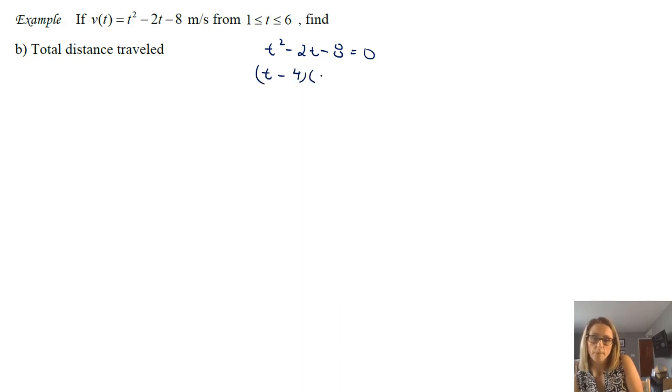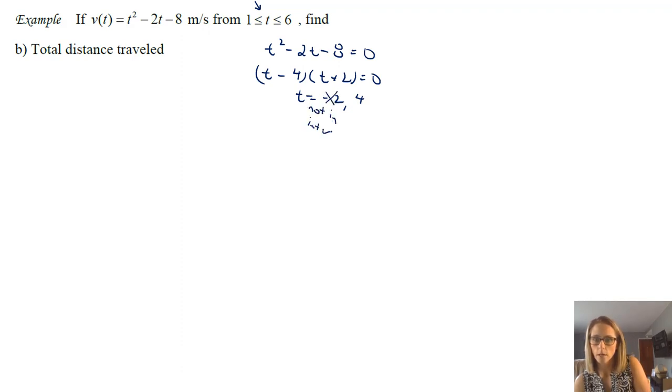typically these factor, I mean, it's not surprising when they do. We get t equals -2 and 4. And so we also know that we're going from 1 to 6. So understand that basically what we're being told is that we start at 1 and we end at 6. So we don't need this. This is not in the interval. Time is not negative. So the 4 is the important value. And you can see just by thinking about t squared minus 2t minus 8, when is it greater than, less than 0, something like that.